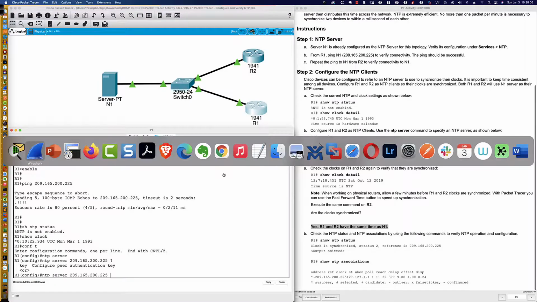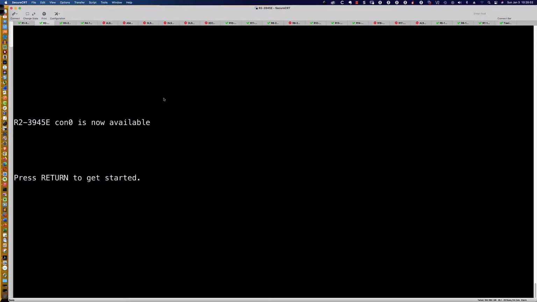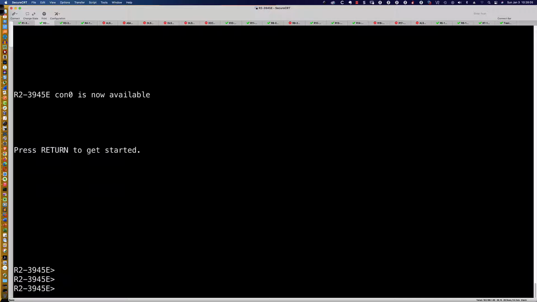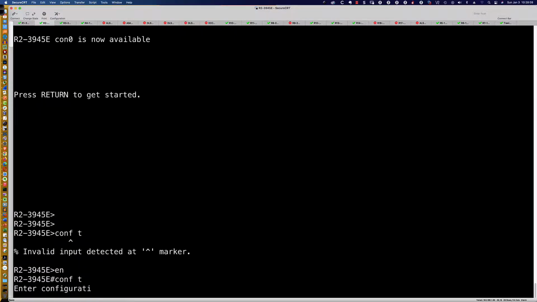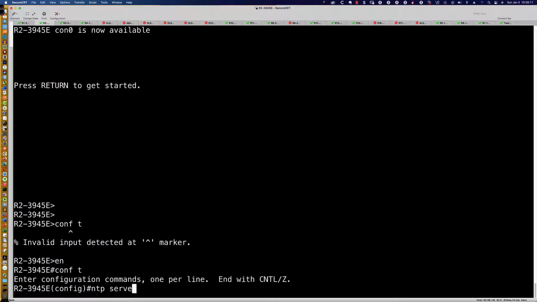And so if I was to jump over here onto a real Cisco router, and we'll just jump onto router 2, let's get into privileged exec and into global config. I'm going to use just two make-believe values here. So if I was to say ntp server